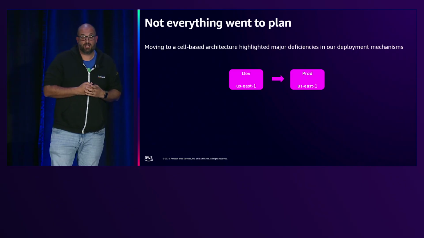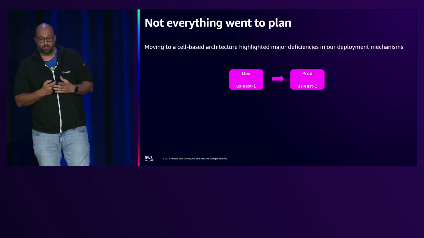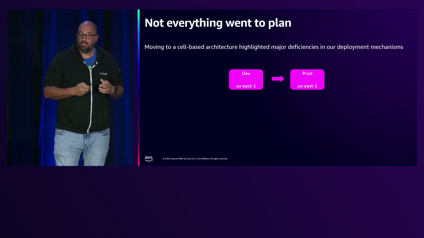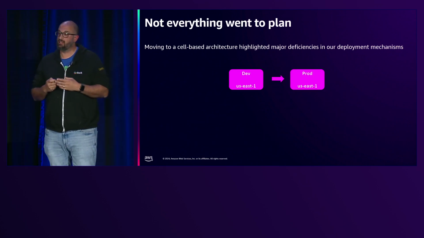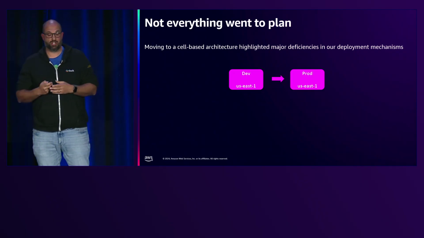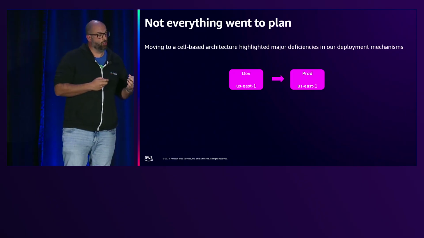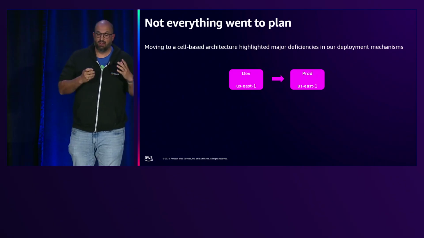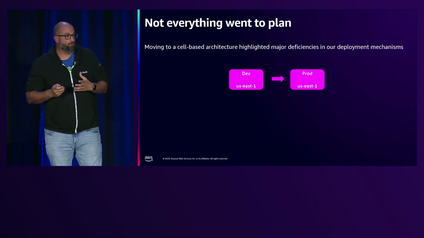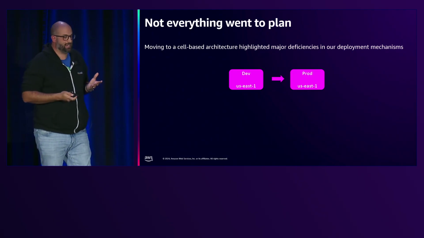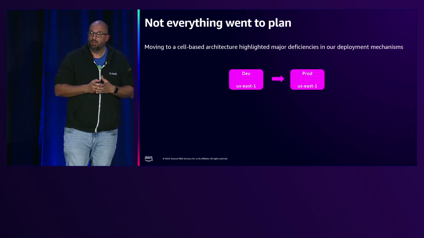Now, the other major hiccup we encountered along the way was with our deployment pipeline. Moving to cell-based architecture really highlighted major deficiencies in our existing process and increased the amount of time needed to deploy a change out. In our non-cell-based environment, all clusters in a given region lived in a single Terraform state file. As we operate out of 15 regions, we had roughly 30 stages to deploy a change out globally across